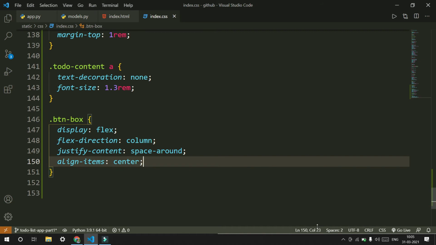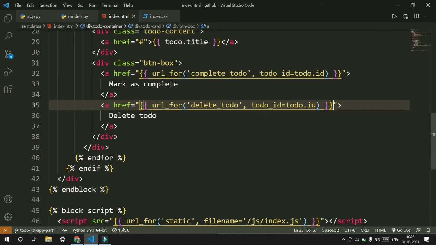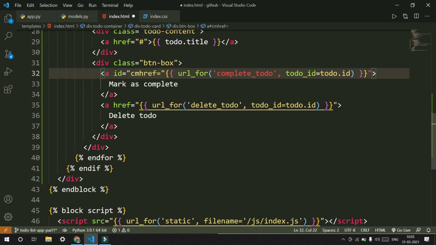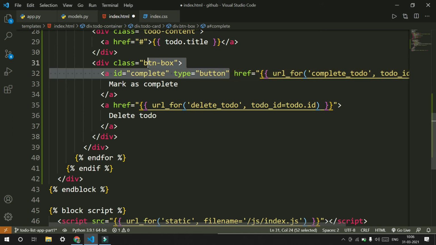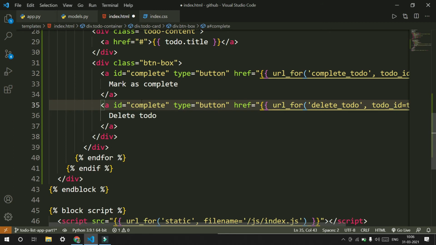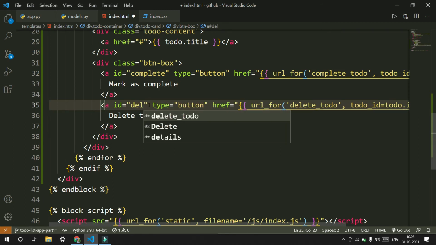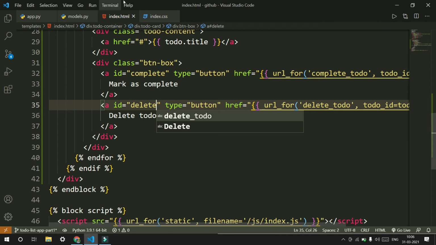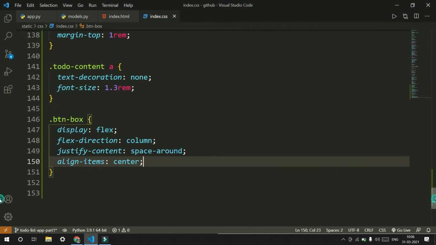And before moving on, let me give an id to each of these buttons. So we say id equals complete, and then this should also be a type of button. I forgot to do that, type of button, and then let me just copy this, let's paste it here, and then this id is going to be delete. So the index dot css,